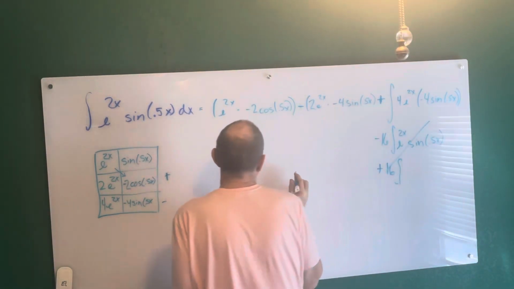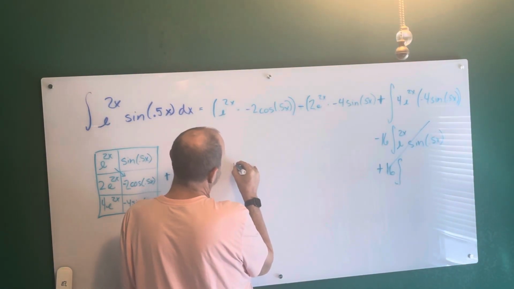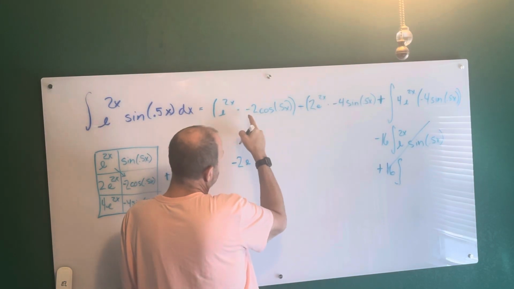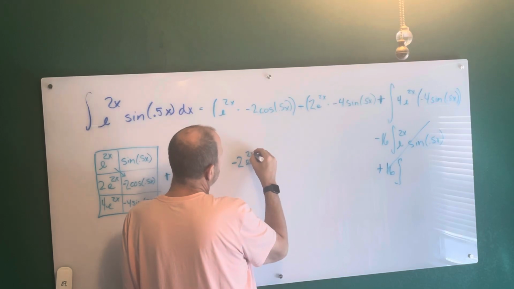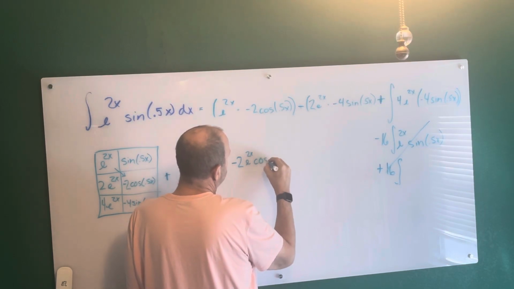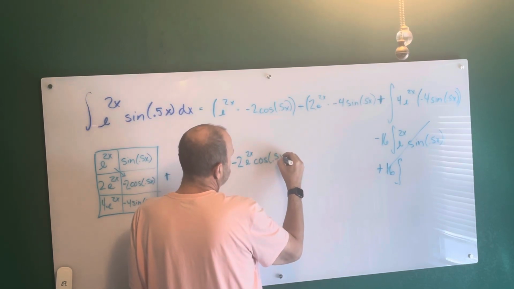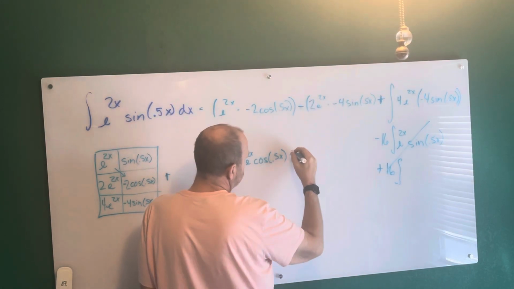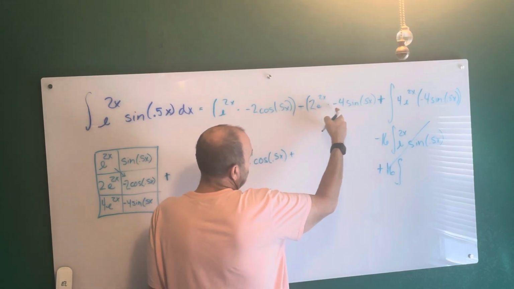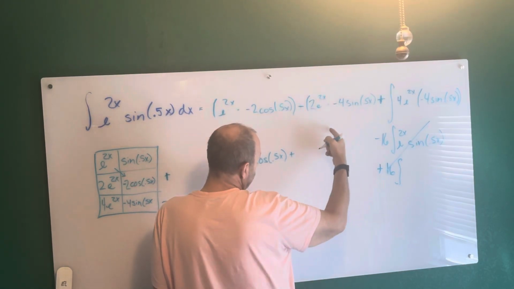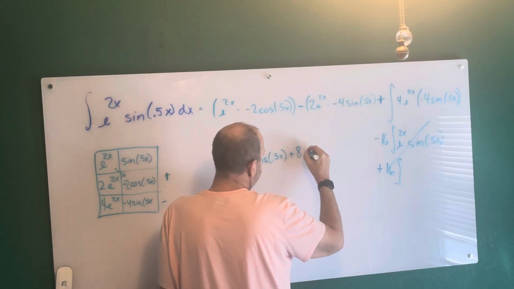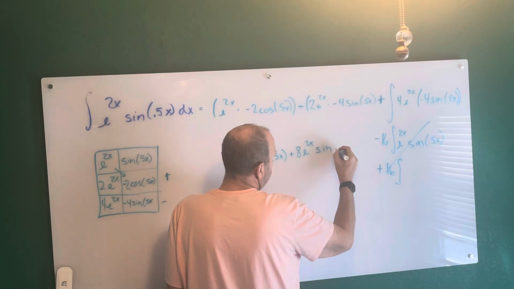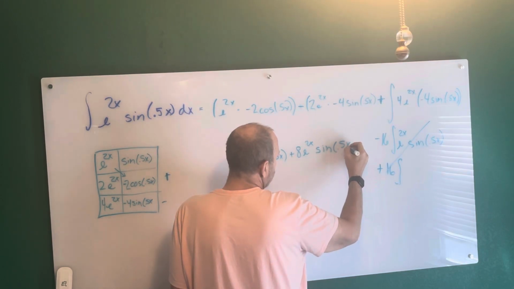So what I'll have on this side is negative 2e to the 2x cosine of 0.5x, minus, oh, but I got another minus in there, so it's plus 2e times 4 sine of this, so that's 8e to the 2x sine of 0.5x